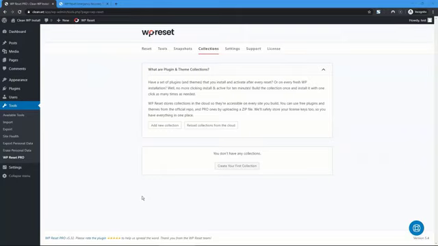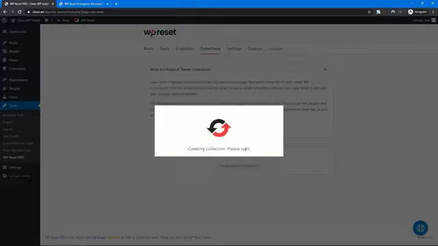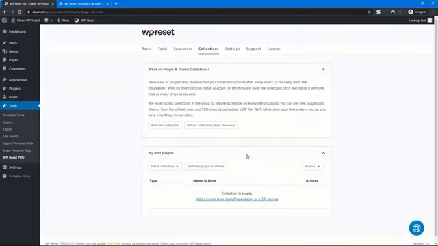We all continuously install the same plugins day after day, site after site. And as little time as you think that it takes for 10 plugins, it can easily be 10 minutes. Why would it be 10 minutes if it can be one click? Let's create a new collection. My best plugins. Okay, so we're gonna create it once and we're gonna use it 100 times